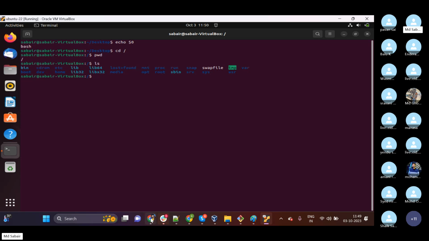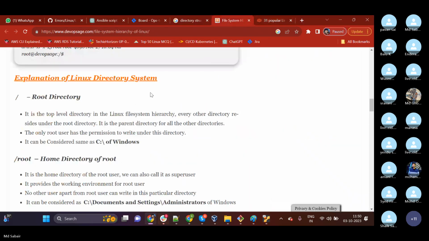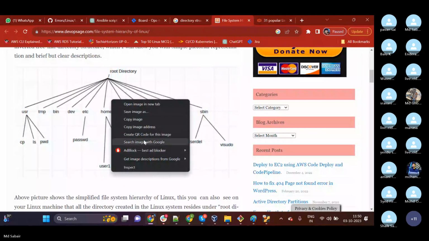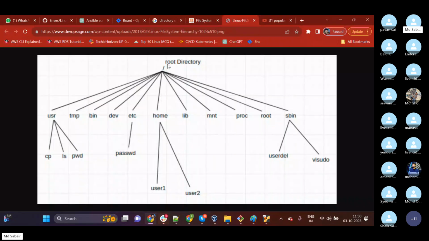Okay, if I open this diagram, see, the root directory, and below the root directory we have the different hierarchy of all the directories available in a Linux distribution.